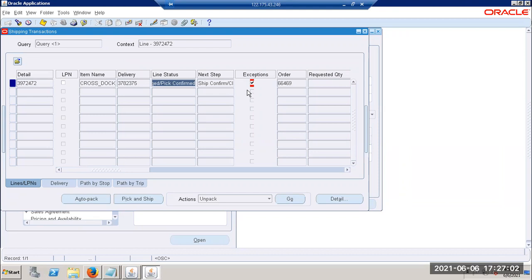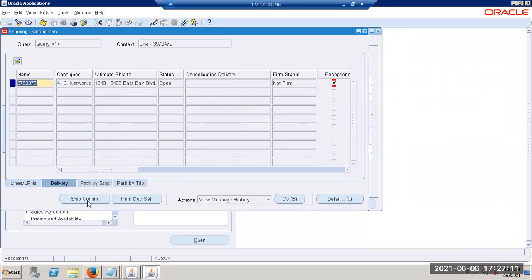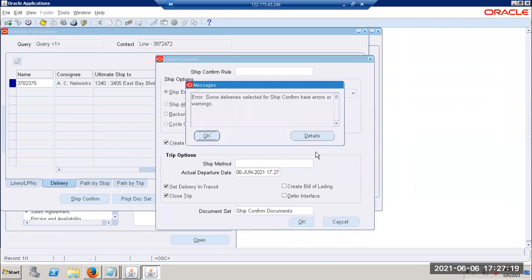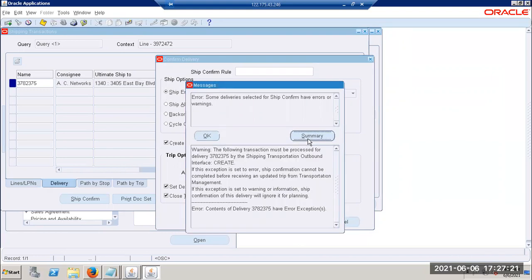The next step is quite common. You will go and perform your ship confirmation. Just go and perform ship confirmation from here itself. Go to delivery and perform. No problem. If you want, you can go and see your sales order status also. It will show as picked. Yeah, that is fine. So this is basically a scenario where people try to ask you. It's fine. Click on OK.